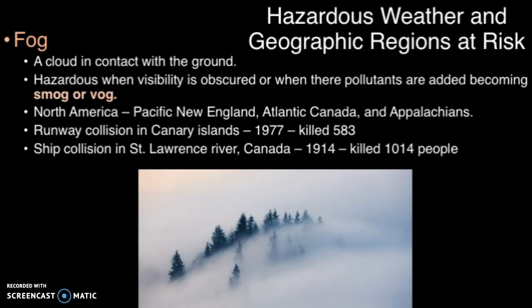Nowadays, we have better technology so that we can avoid such collisions, but it still causes a lot of injuries and vehicle